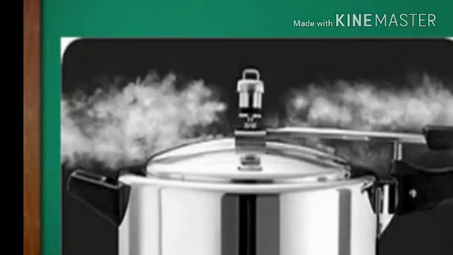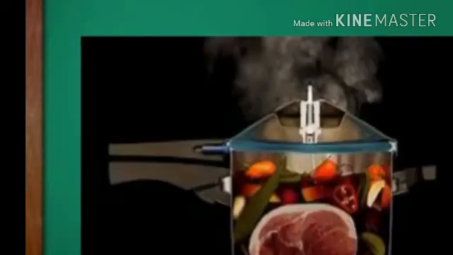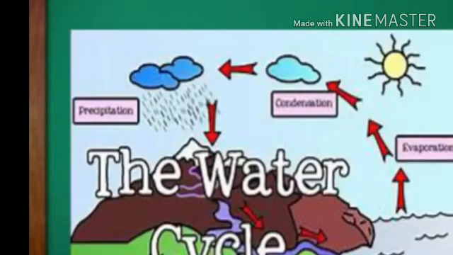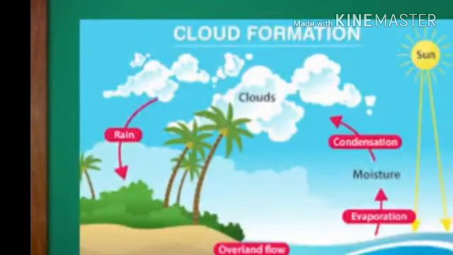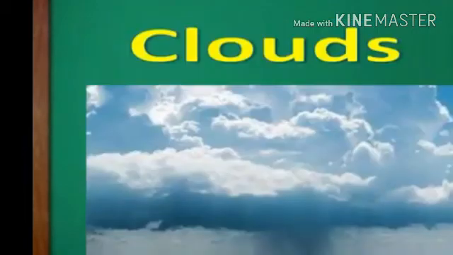This vapor enters into the air and it forms clouds. Simply, it forms clouds. Have you understood? Clouds are formed by the evaporation of water, and we can see this in the kitchen. So you can form clouds even in the kitchen, right? In the water cycle process, the water evaporates and gets cooled. It is called condensation. By condensation of water, it becomes clouds, and in the precipitation process we get rain. This is what we call the water cycle. We'll discuss it later, but here is a small introduction to the water cycle. So clouds form because of evaporation.